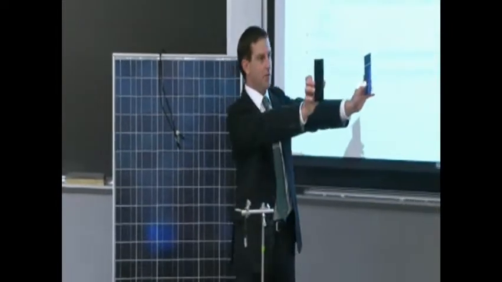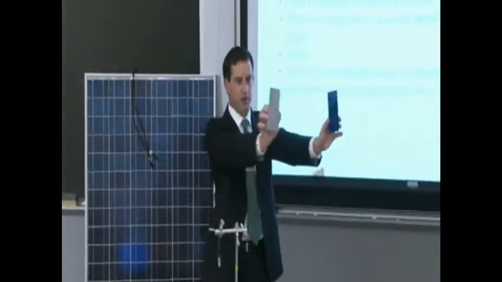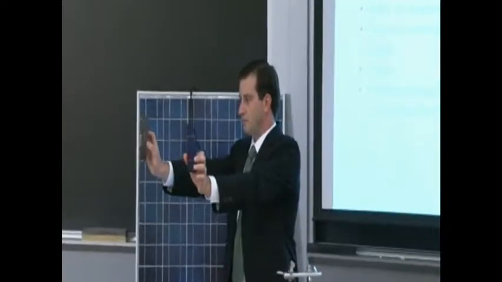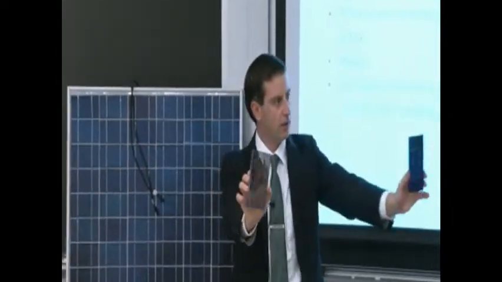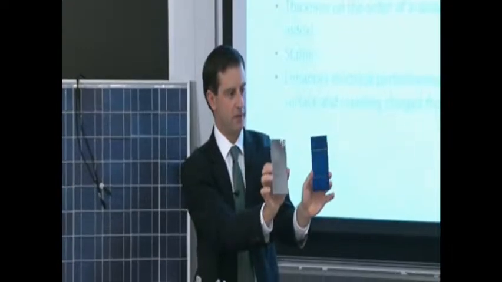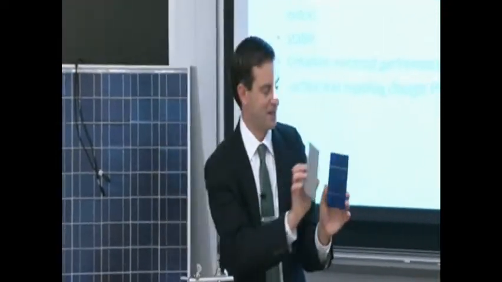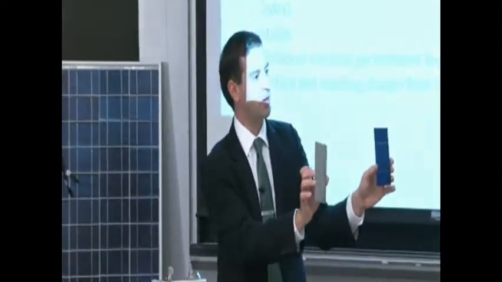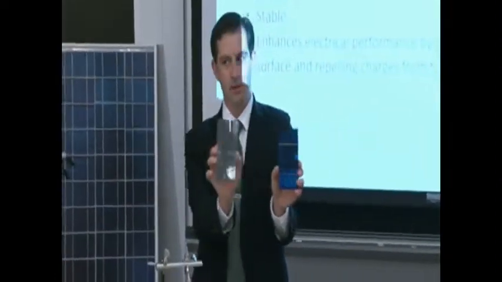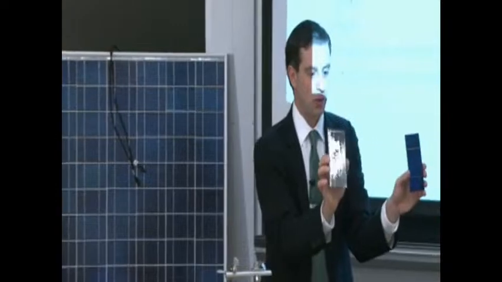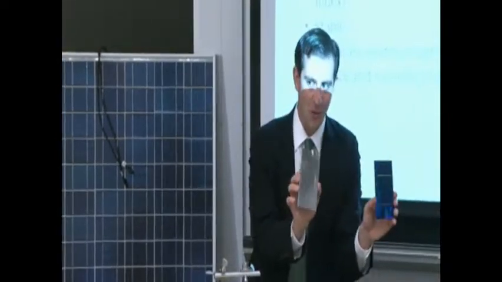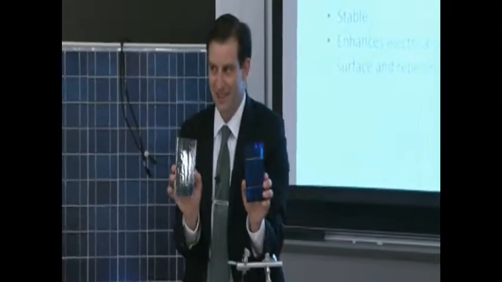But in my right hand, I have a piece of bare silicon, and you can see it's rather reflective. In my left hand, I have a piece of silicon with an anti-reflective coating, as well as some contact metallization on the front. So that's why you see those grid lines. But it looks very blue. It looks very blue because the cell is absorbing very well at the peak of the solar spectrum, which is in the yellow. Right? So calculate for me, what is the optimal thickness of an anti-reflection coating of silicon nitride,